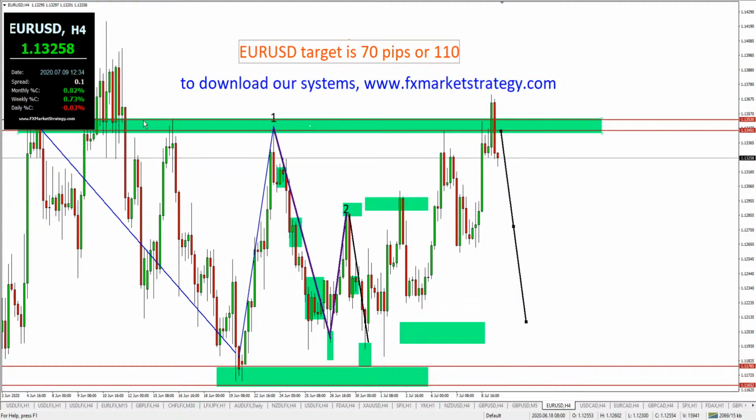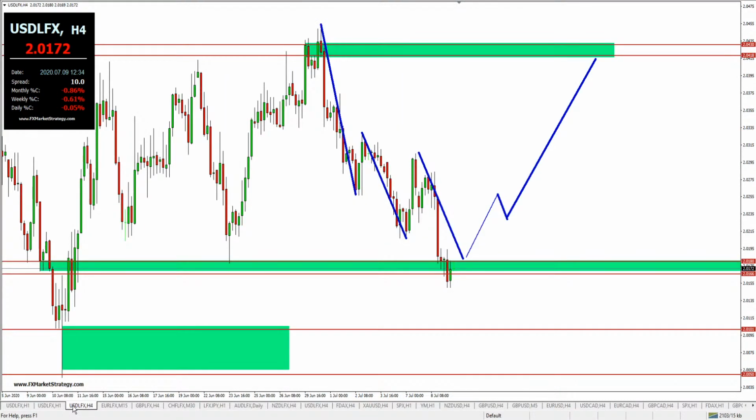So that's beautiful. Look at the rejection right here. That's nice. So if someone would take the risk and take this sell, then your stop loss will be above here, or you will be ready to wait a little bit before you put a stop loss and see if the price action will reverse. Okay, so if we do look at the dollar index in the 4-hour time frame, exactly as expected,